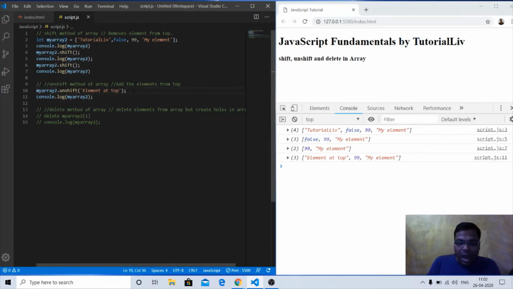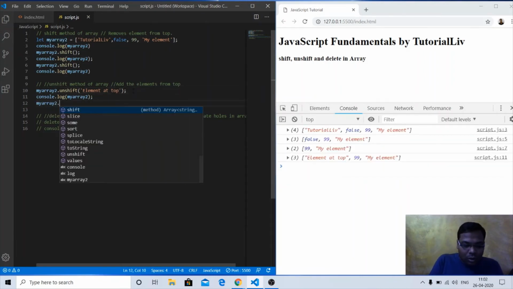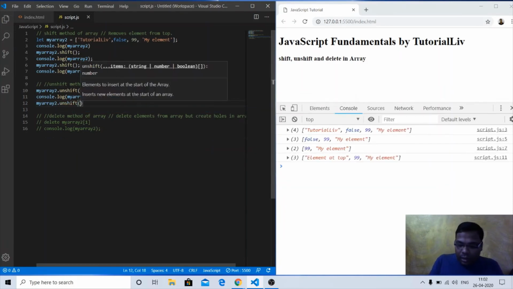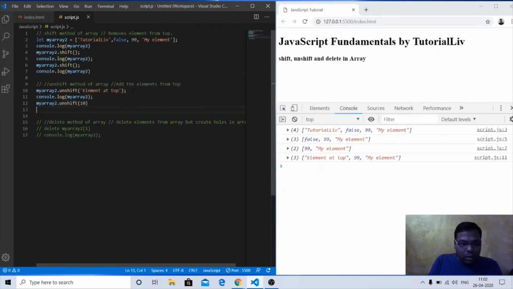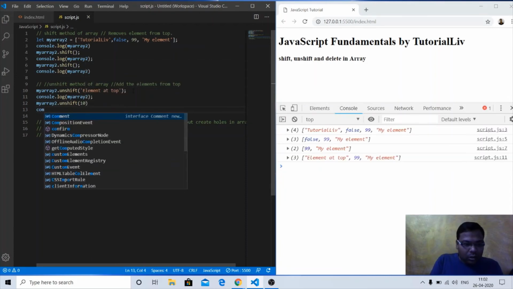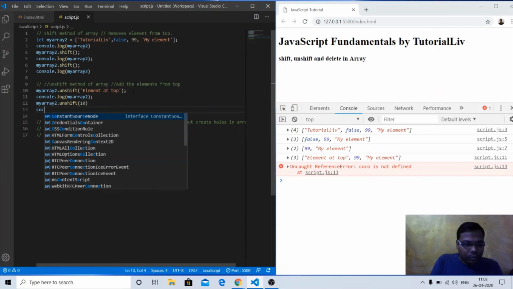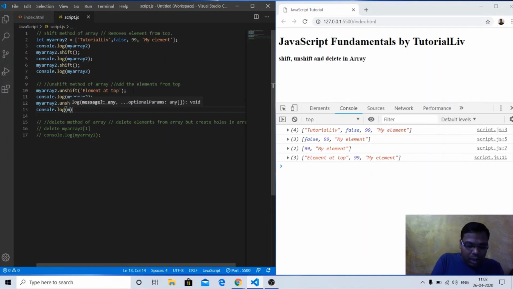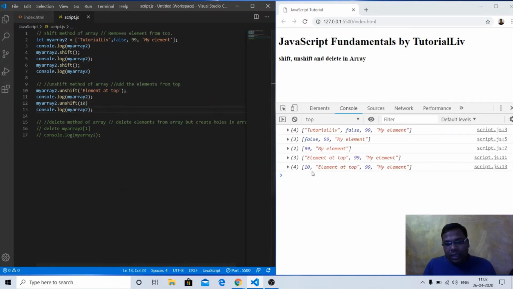If I now add any more elements, myArr2.unshift(10), and console.log myArr2, it will show that 10 is at the top.